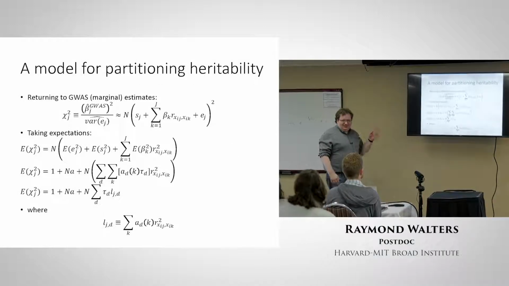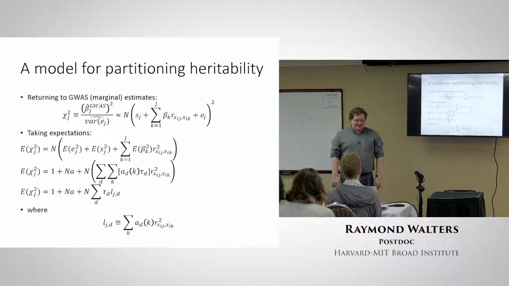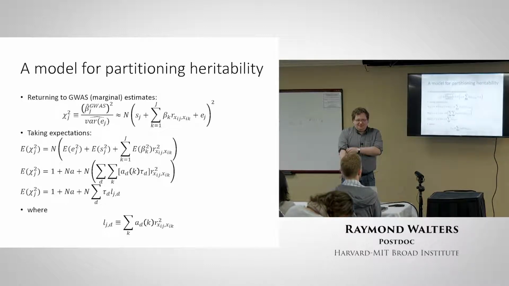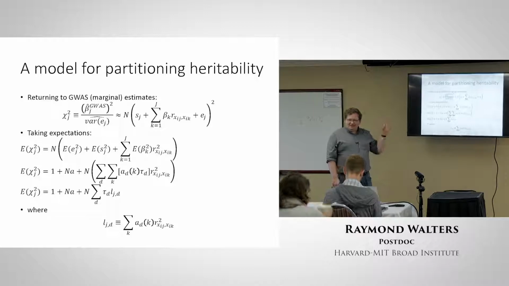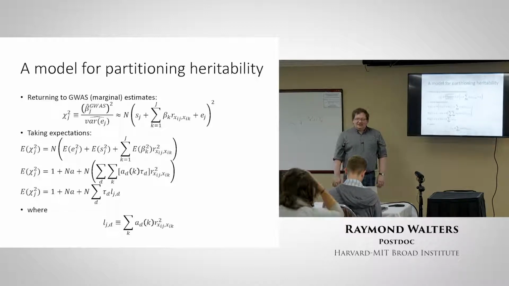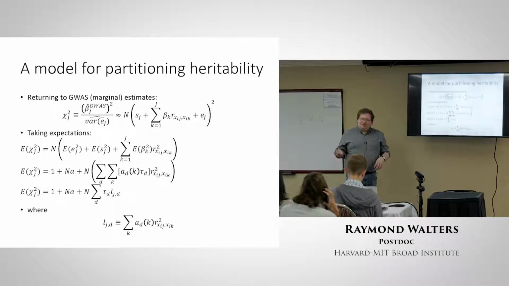So this is where we left off yesterday in terms of talking about partitioning heritability. So we're just going to pick up there. We're through most of the math. There'll be a little more math when we get back into genetic correlation, but we're just going to cap off, remind what the idea was here on partitioned heritability, and then spend most of our time talking about applications of both this and genetic correlation in terms of looking at results and thinking about interpretations for these things. But to reorient from where we left off, you'll recall that